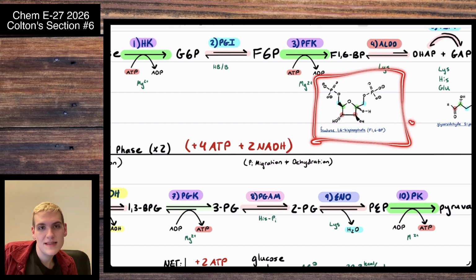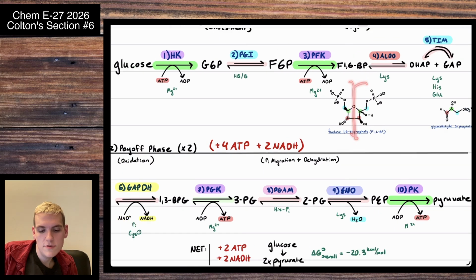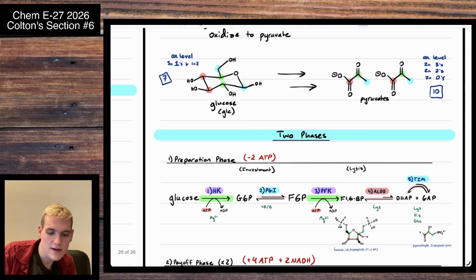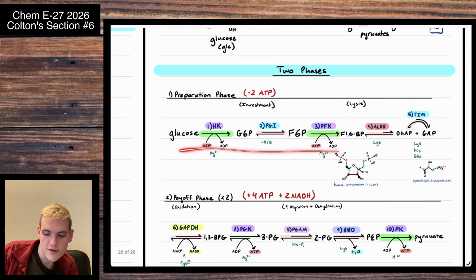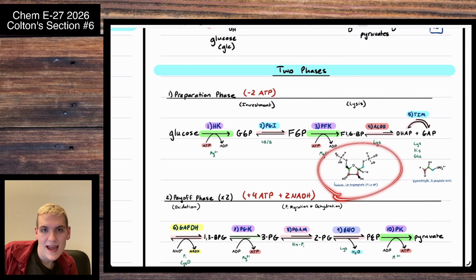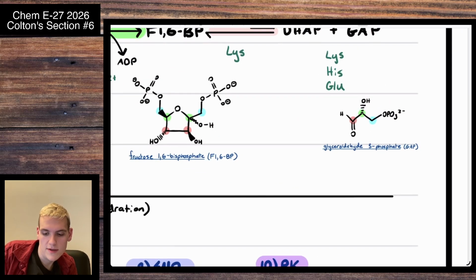And the thing that's really fierce about her is she looks nearly symmetrical, right? She looks like we can almost completely divide her in 2. Whereas glucose, if we look at our glucose up here, she's a little cattywampus. Like, she doesn't look exactly the same on both sides. So we get to this fructose 1,6-bisphosphate, and then we cut her in half and get out 2 GAP molecules,